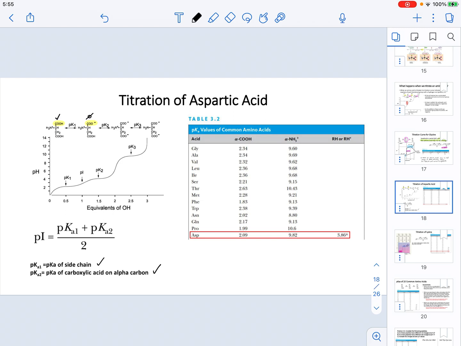That when I look at table 3.2, I'm going to utilize this value and this value to calculate the pI. Because as you can see, when the proton from the carboxylic acid at the alpha carbon is lost, I generate my zwitterion. So to calculate the pI, that is going to equal